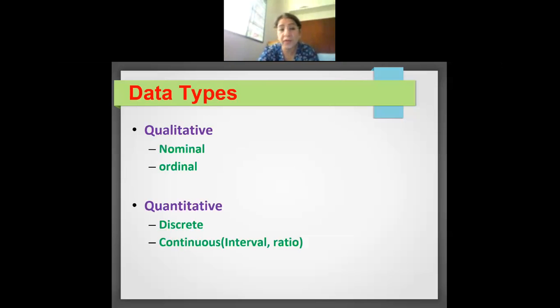So what are the different data types? I hope everybody knows about that. Data can be of two different types. One is qualitative data, another one is quantitative data. Qualitative data is data which is not in the form of numbers, which is describing certain properties or attributes. So that qualitative data can be